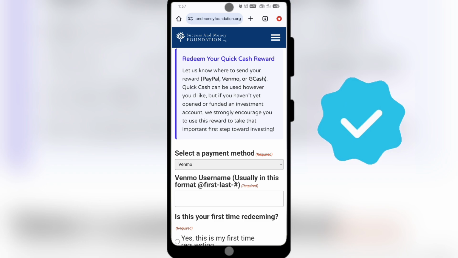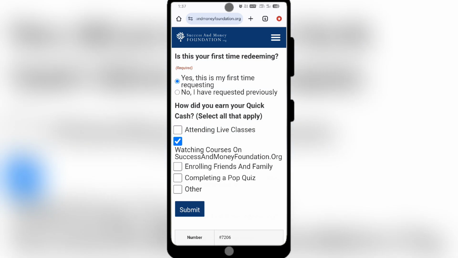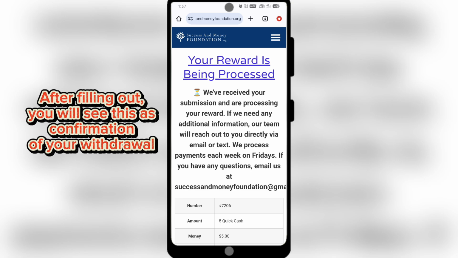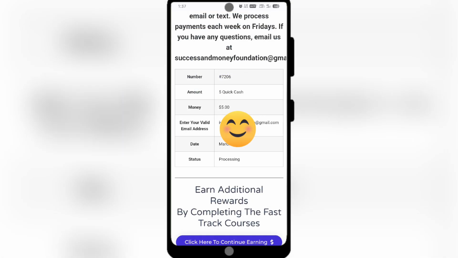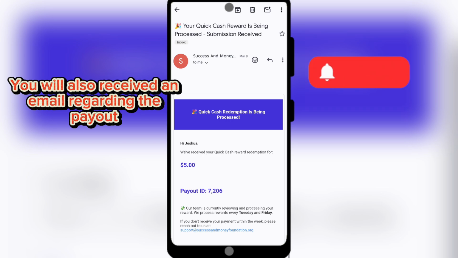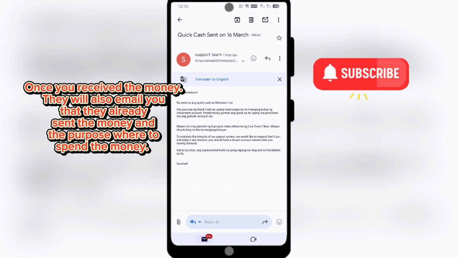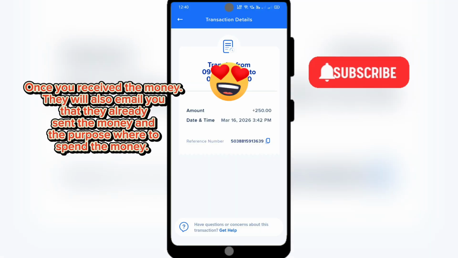As you can see, your withdrawal has been made successfully. After filling out, you will see this as confirmation of your withdrawal. You will also receive an email regarding the payout. Once you receive the money, they will also email you that they already sent the money and the purpose where